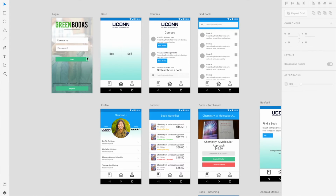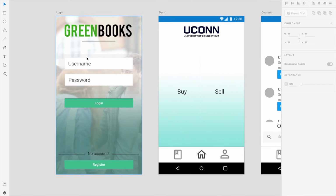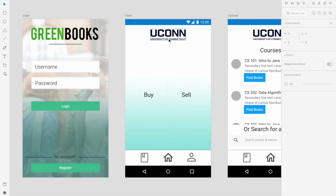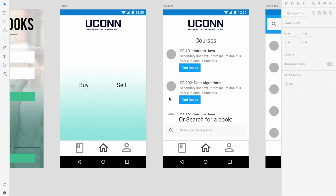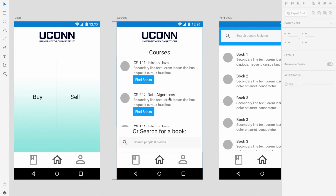This is the UX mockup. So our idea is, students will be creating an account using their student email, and they would join their schools. So here, for instance, this student goes to University of Connecticut. She should be presented with the option of buying or selling. For instance, she's just starting her CS career at UConn, so she uploads her schedule,